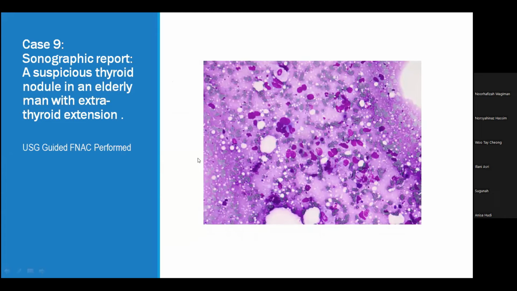Okay. Case 9, since nobody wants to describe, let me describe. Okay, this is FNAC. A sonographic report: a suspicious thyroid nodule in an elderly man with extrathyroidal extension. This one, our radiologist did the FNA. Okay, all right. So what we see here,